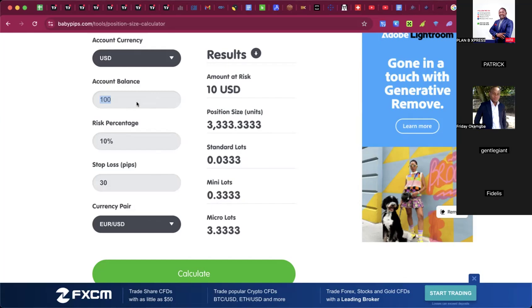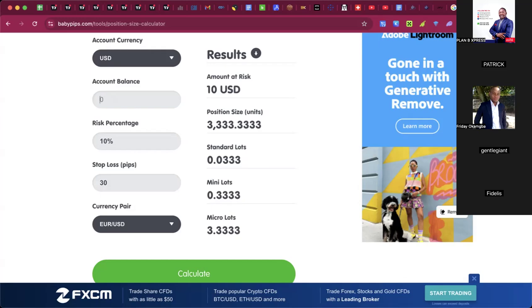So that means it should not be up to 5%. That's okay. Now you are given a $50,000 account, and they said your daily drawdown is 5%. That's $2,500. Now, when you are going to do your risk management calculation,